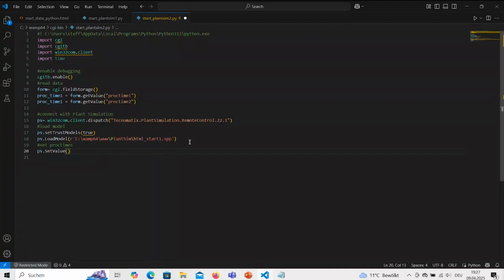I need to specify the correct attribute, and this is point models, point model, point station 1, point proc time. This is the attribute I want to set, and I need to change the data type here into int.